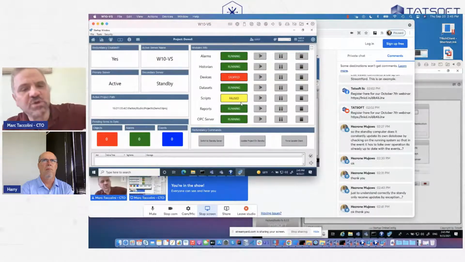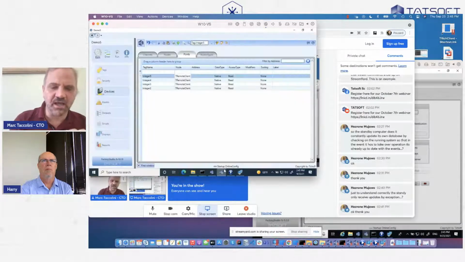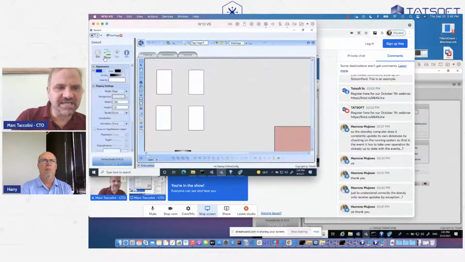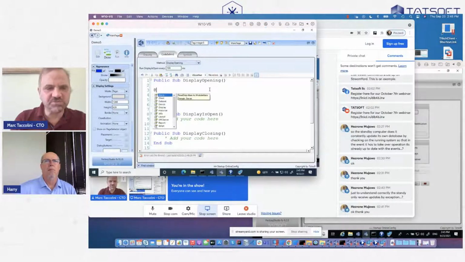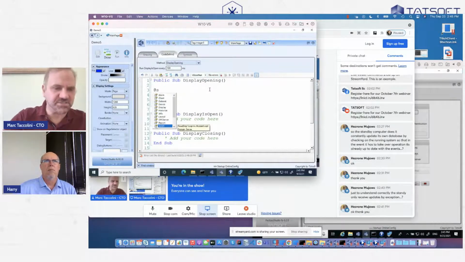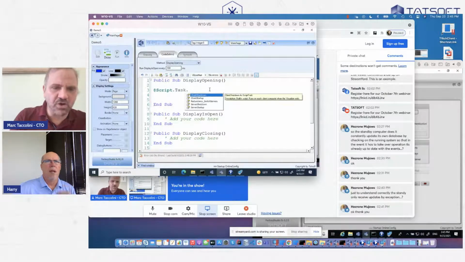Put the whole script engine in pause, or even just one piece of code. For those already familiar with our products, you remember that everything in our product, script, data communication, is an object. So if I want to pick up one